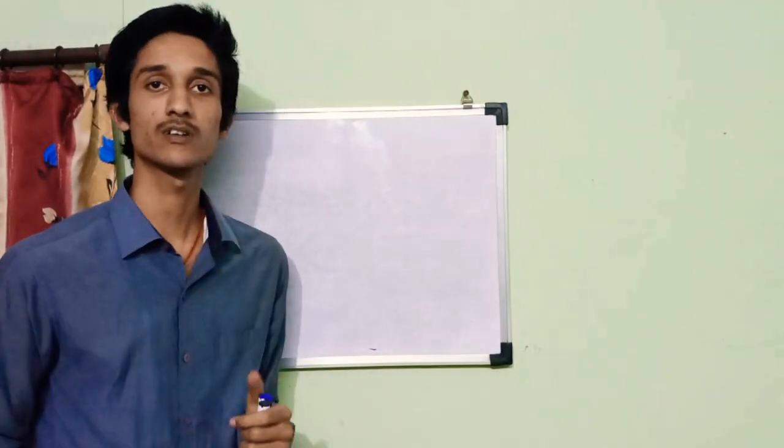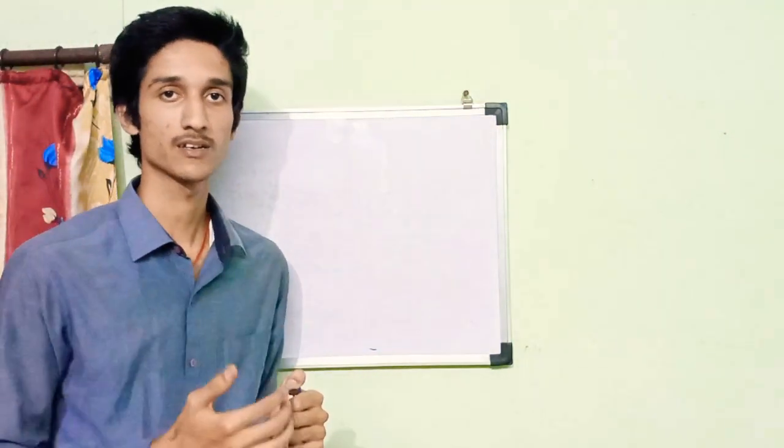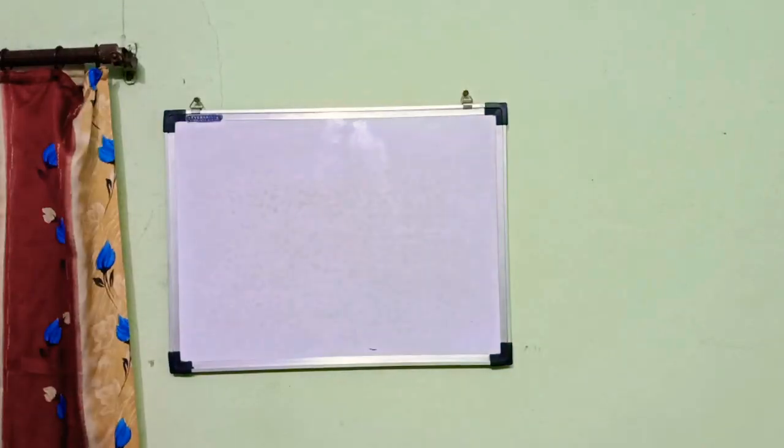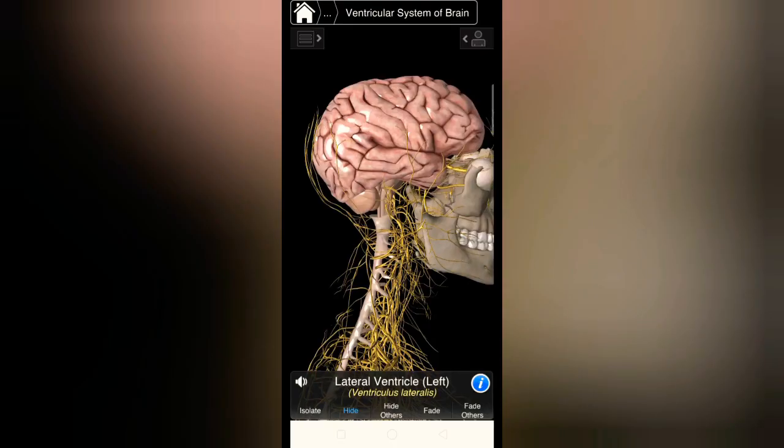So let's have a look at an animated video about the sulci. As I told you, there are seven types of sulci: the primary sulcus, secondary sulcus, limiting sulcus, axial sulcus, operculated sulcus, complete sulcus, and the interlobar sulcus. The interlobar sulcus is so named because it divides the different lobes of the brain. Interlobar sulci are of three major types: the central sulcus, lateral sulcus, and the parieto-occipital sulcus.